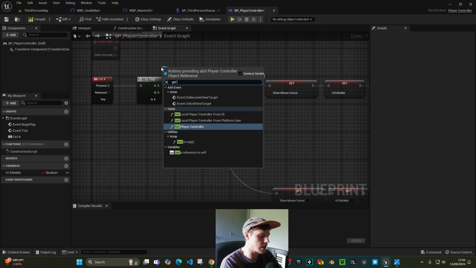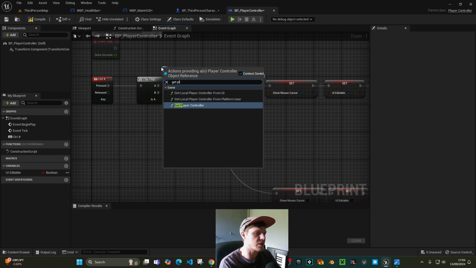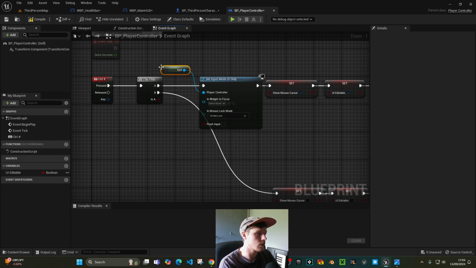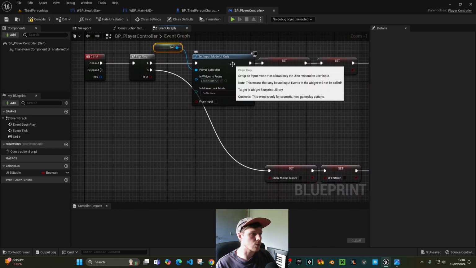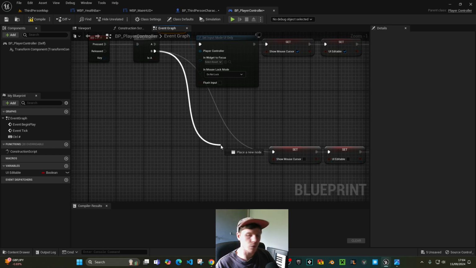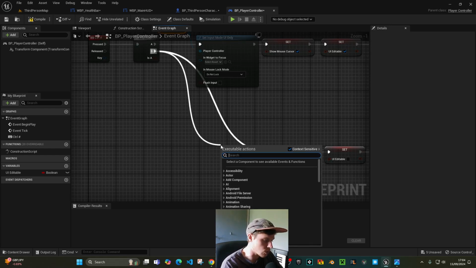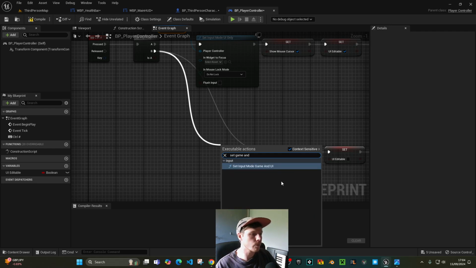This is going to be get player control. No, it can be self, can't it? Self, get a reference to self. And we don't want to lock anything, so that's fine. And then we need to... Nope, I was going to copy that, but we don't want to copy it. We want to do set game and UI mode